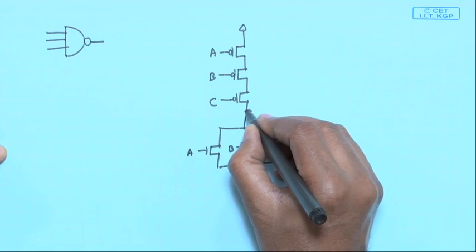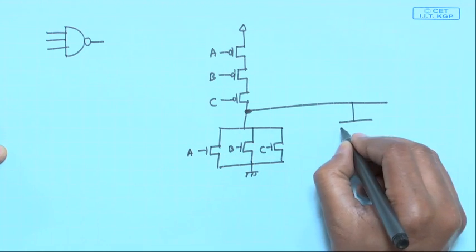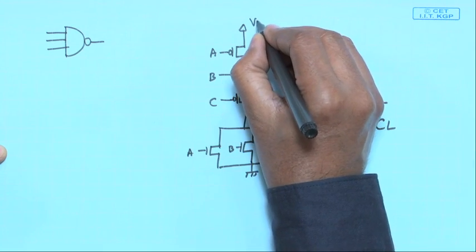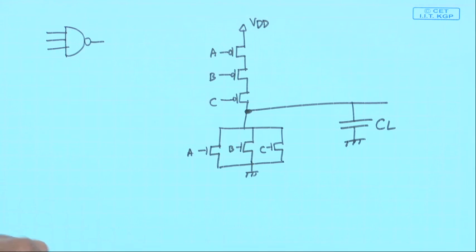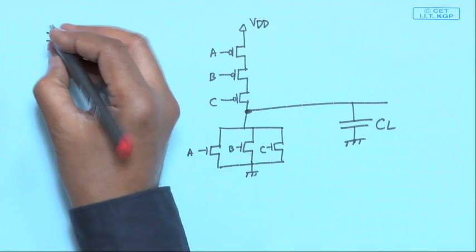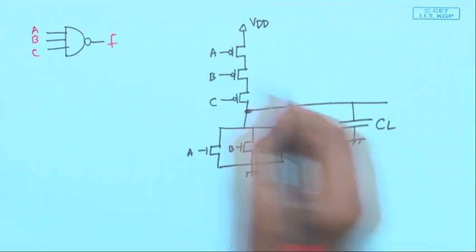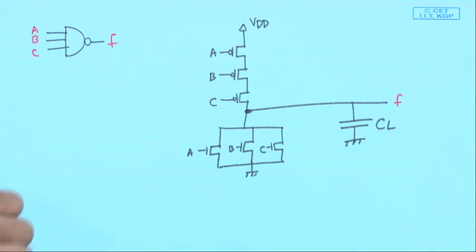Now, this output may be driving some load capacitance, okay, CL. This is VDD. Now, what I am saying is that, well, although we are saying that this gate is commutative with respect to the inputs A, B and C, let us say the output is F, this is F, but